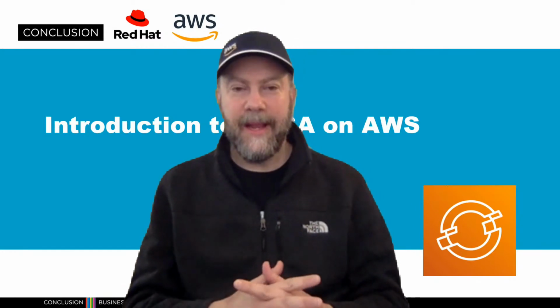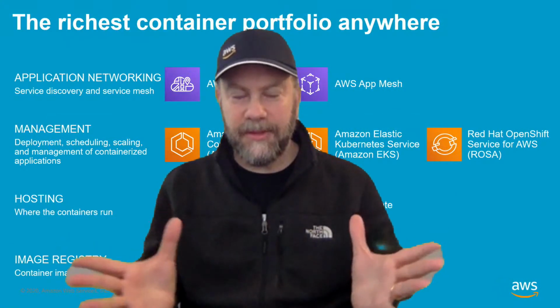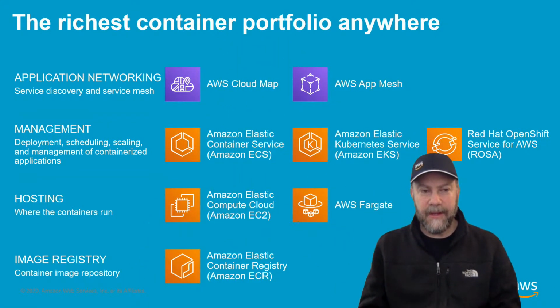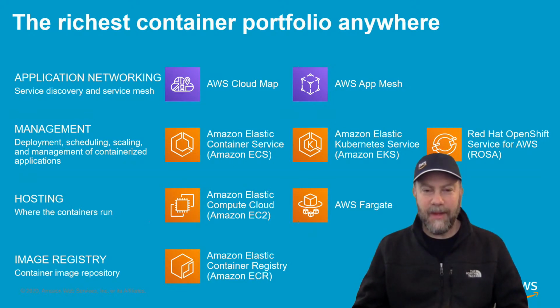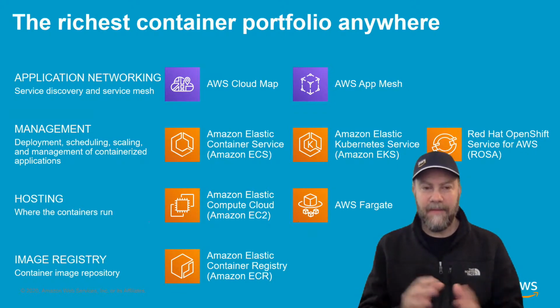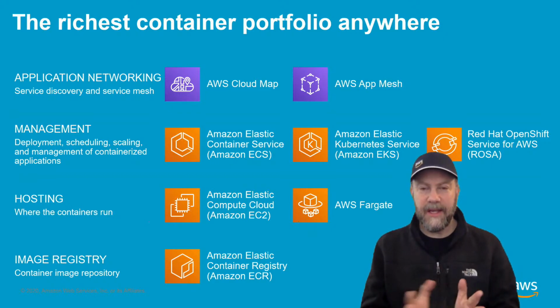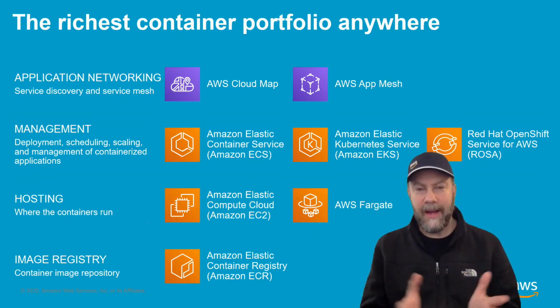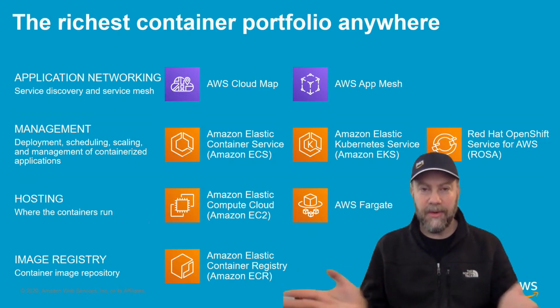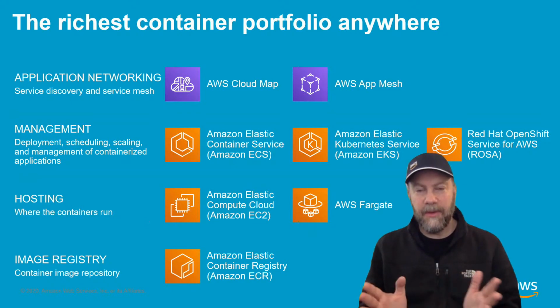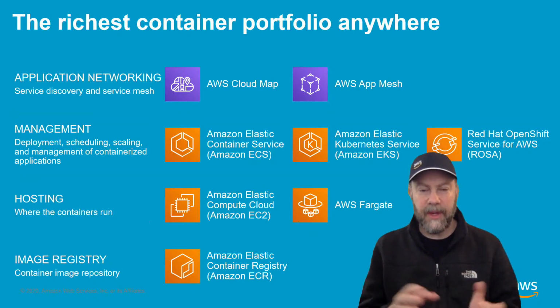So ROSA fits in a stack of container services. This table here tries to organize these in a way that maybe can help you understand where everything fits. And we believe that ROSA is kind of in this management layer, which we traditionally have had ECS and EKS for basically the container orchestration layer, how you deploy and how you manage, scale, and secure your containers at scale. So let's go through the three options here really quick.